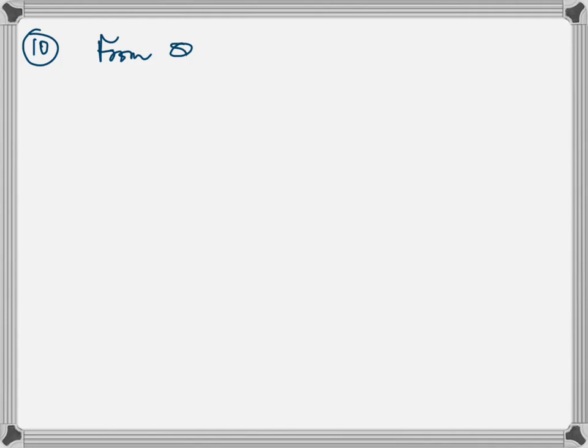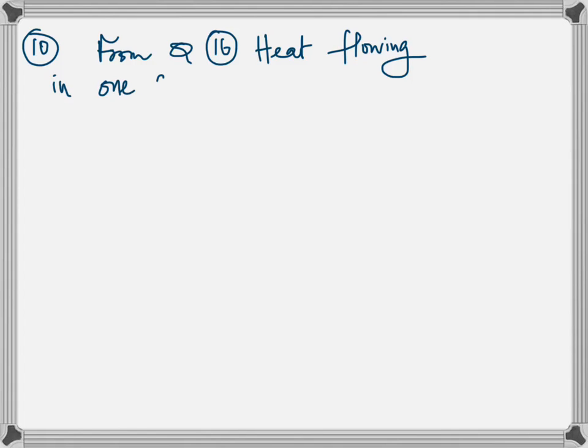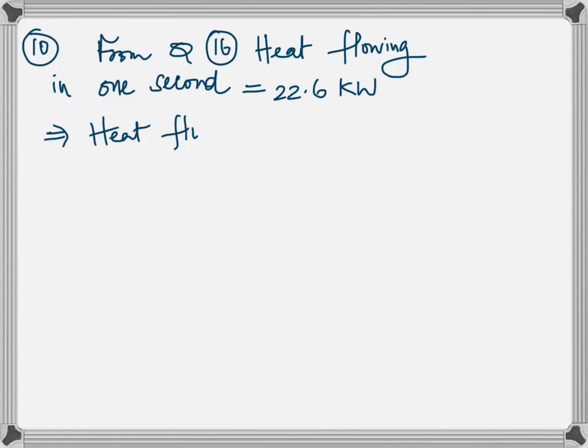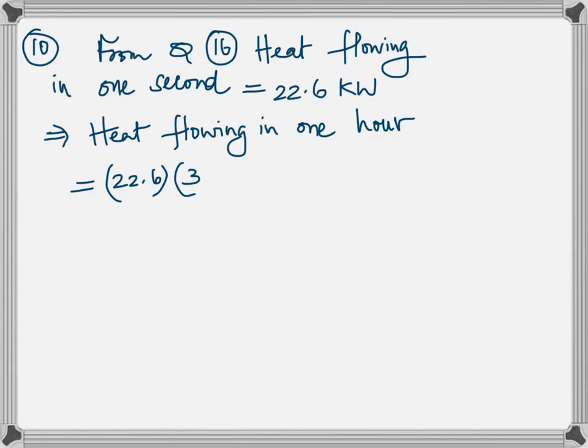And on 20, it's not 10, it's 20. It's the same question as 16. The only difference is you have to find the heat that is lost in 1 hour. And in 16, we found the heat lost in 1 second as 22.6 kilowatts. So just multiply that with 3600, and you get the total heat lost in 1 hour,